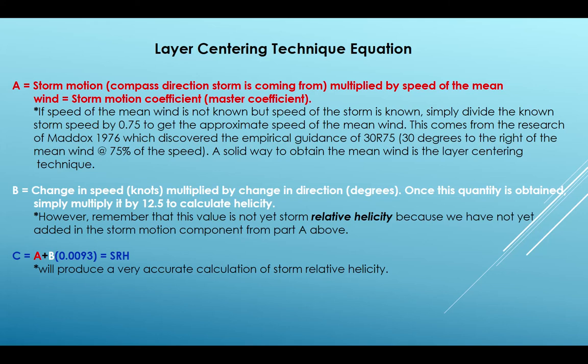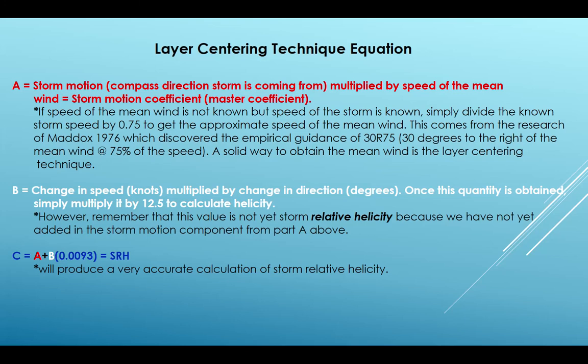If speed of the mean wind is not known, but speed of the storm is known, for instance from radar observations, simply divide the known storm speed by 0.75 or 75% to get the approximate speed of the mean wind. This comes from the research of Maddox from 1976, where he discovered the empirical guidance of 30R75, or 30 degrees to the right of the mean wind at 75% of the speed. This is a solid way to obtain the mean wind, and we will see that in the layer centering technique